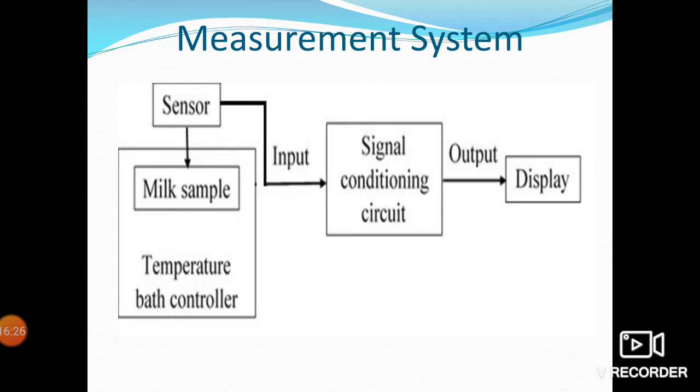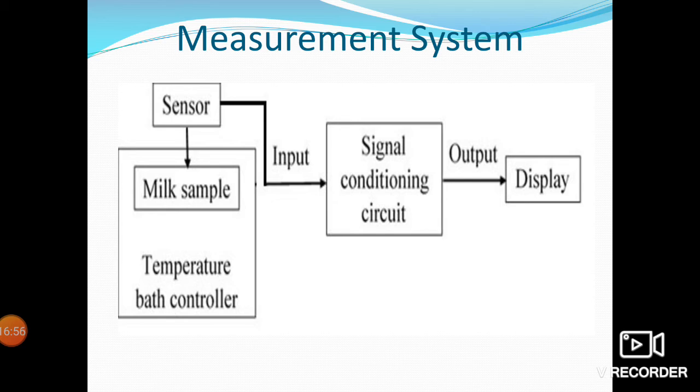parameter. Suppose we want to measure temperature, then it is called a temperature sensor, a thermometer as well, or a thermocouple. If it is going to measure pressure, we call it a pressure sensor. If we want to measure force, then we call it a force sensor. So we need to understand first, a sensor is a device which is going to sense and detect the quantity being measured. That is the main importance of a sensor.